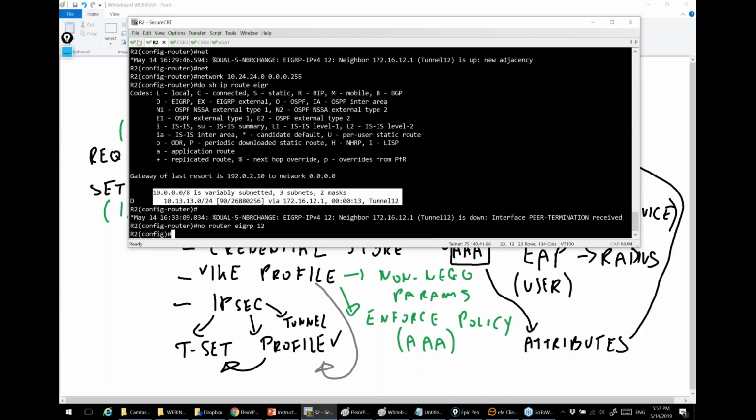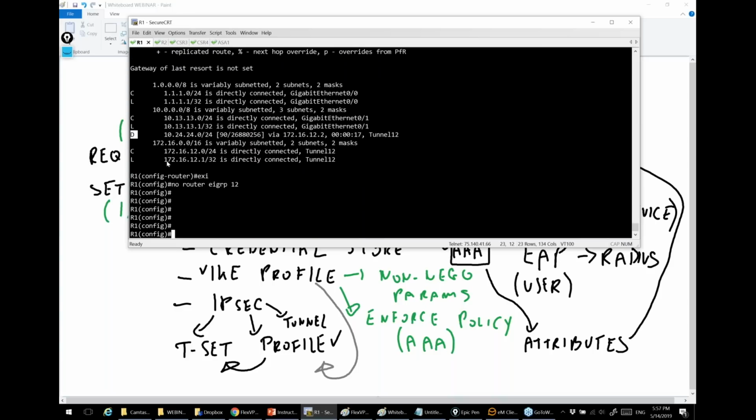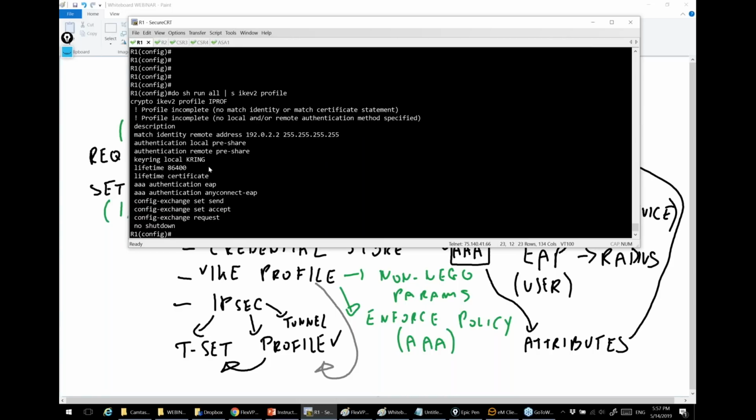And now in order to use the, maybe not necessarily configuration exchange, because configuration exchange is by default enabled. Let's take a look at the show run all section IKEv2 profile. Okay, there are some hidden commands that are part of the IKEv2 profile that you don't see in the configuration, and it is the config exchange